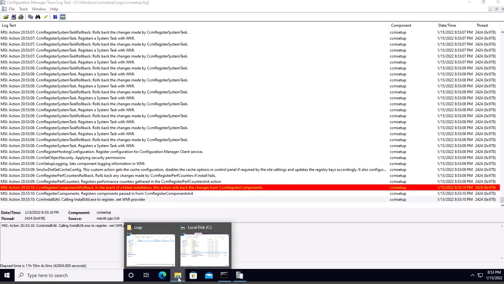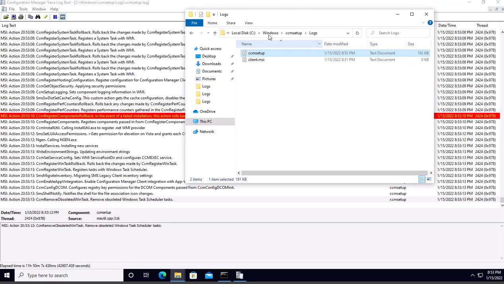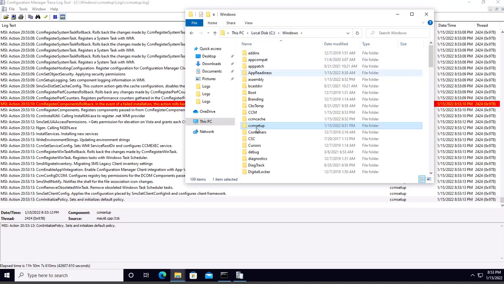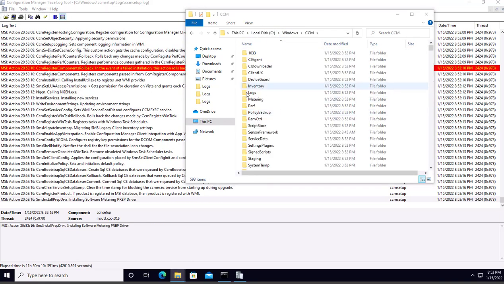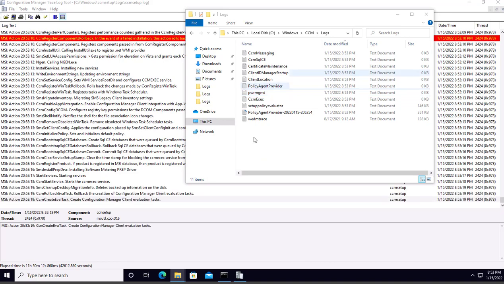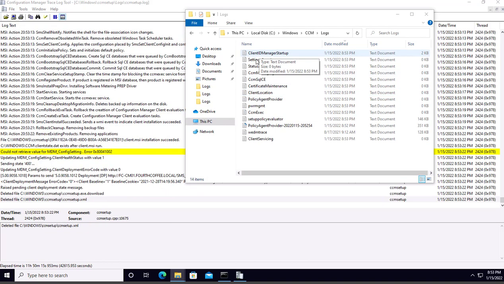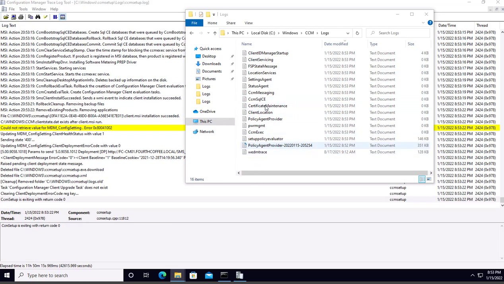Also, we can see the logs folder which is created by default in Windows under ccmsetup logs. There will be certain updates as and when the communication is established.